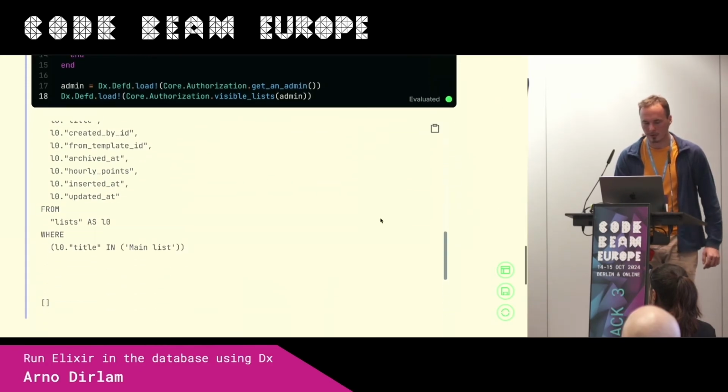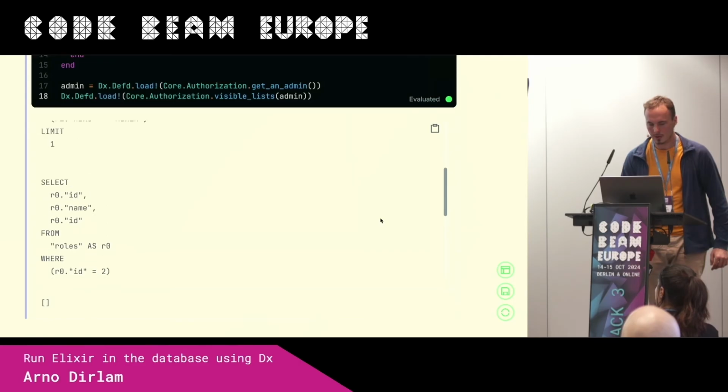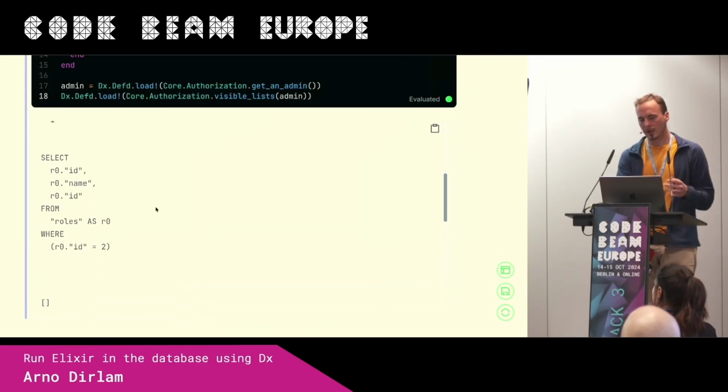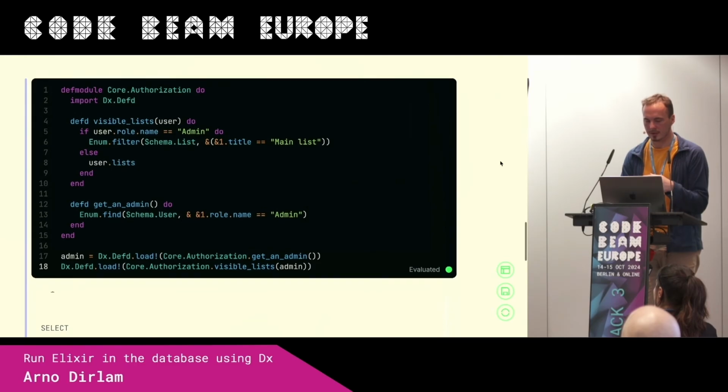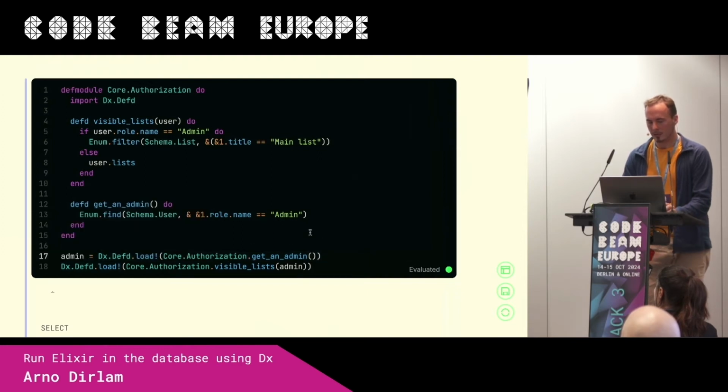Then it will just run. So here, it will first look up the role again, because this is now a separate defd function, a different run. So it goes in here and does the preload thing.